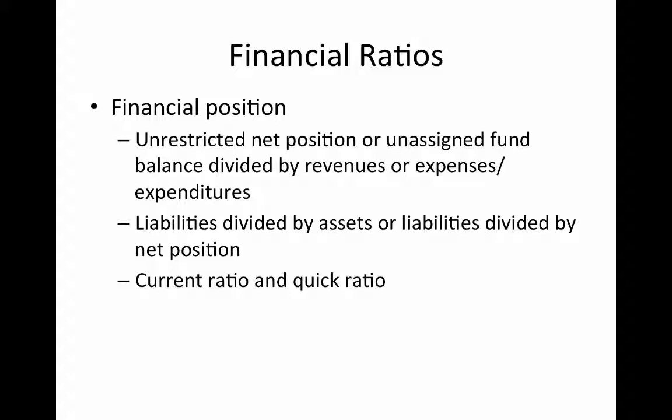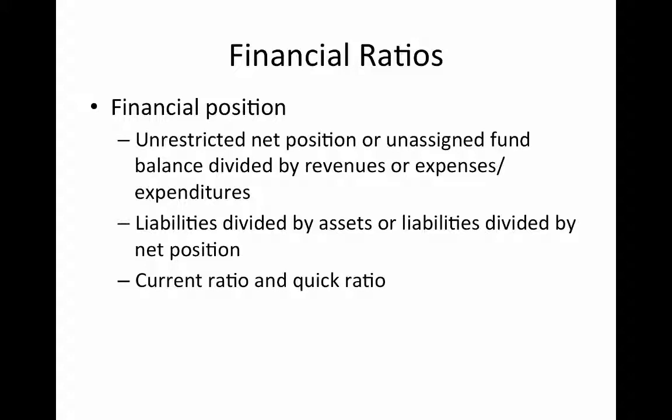Key among those are the liquidity ratios at the bottom there, current ratio and quick ratio. The current ratio being current liabilities divided by current assets, and the quick ratio being current assets divided by current liabilities. The quick ratio being only a subset of those current assets, usually just cash and current investments, maybe accounts receivable, divided by the current liabilities. So you're getting a sense of, in the very near term, do they have sufficient resources to pay their obligations